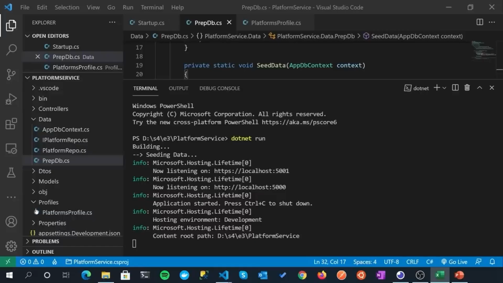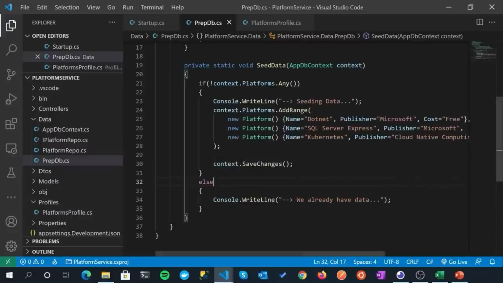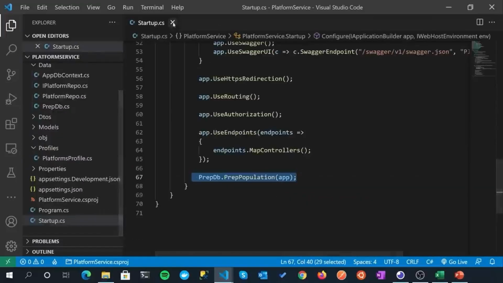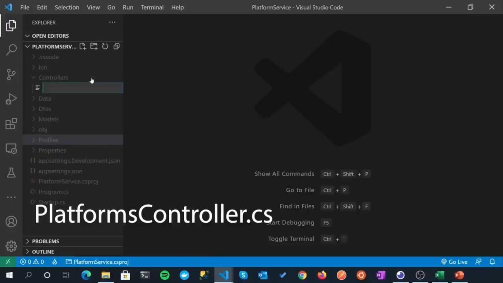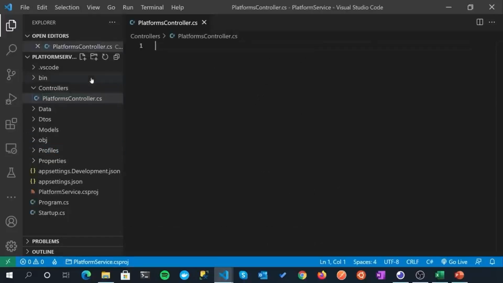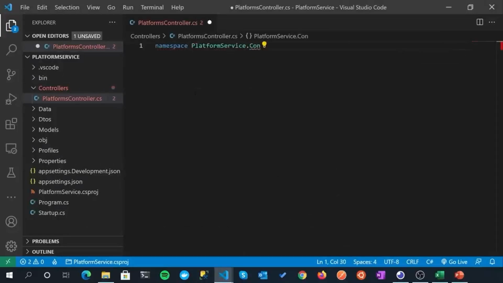All right, so moving on to our controller now, I'm just going to stop our server from running. I'm going to kill the running terminal. And as usual, I'm going to clear down our previous work just to make it look a little bit cleaner. All right, so we already have a Controllers folder from when we scaffolded up the application, so we obviously don't need to create that. But right click on that, new file, and we're going to create a file called PlatformsController.cs. It's obviously a CS file. Fantastic. And then as usual, we define the namespace of PlatformService.Controllers.